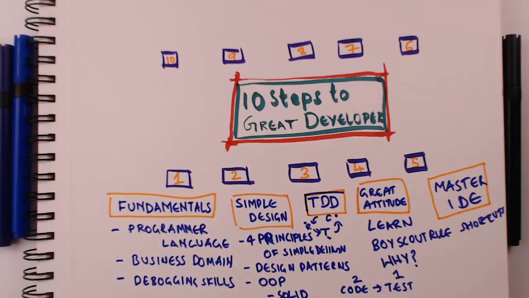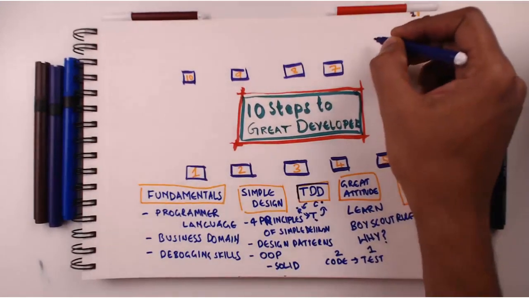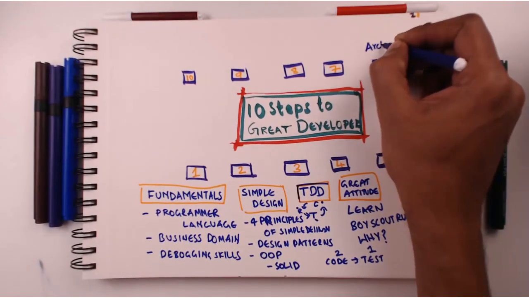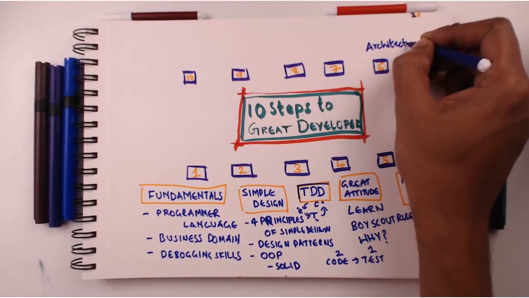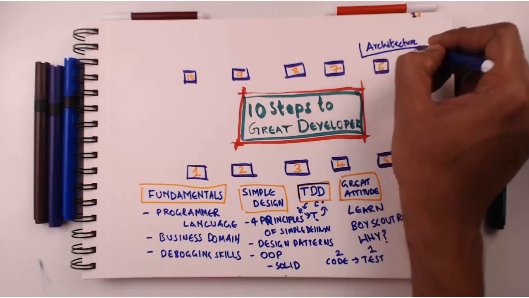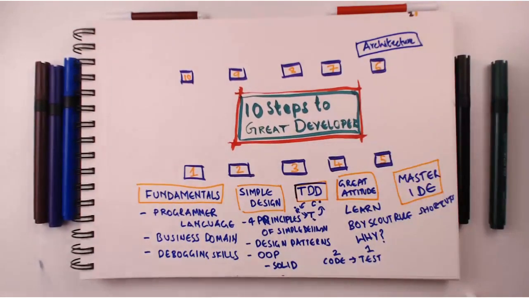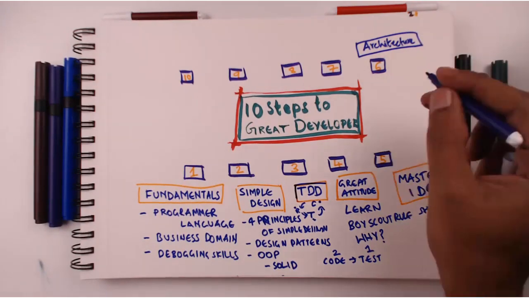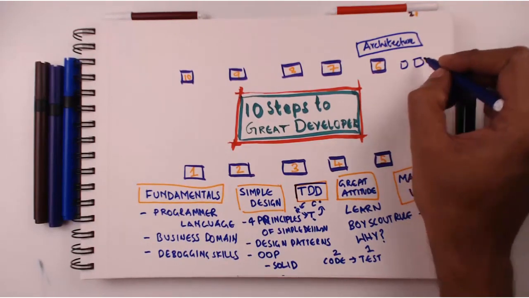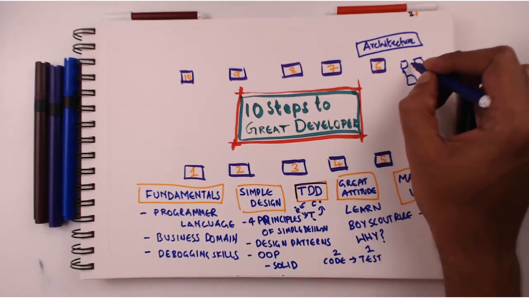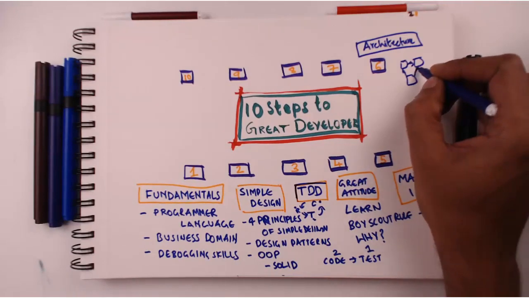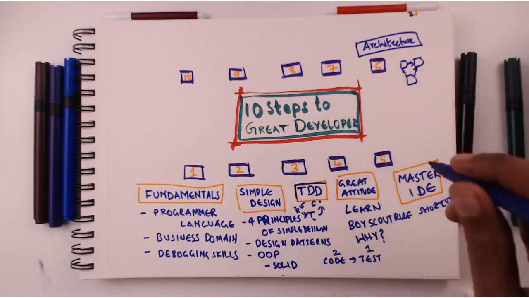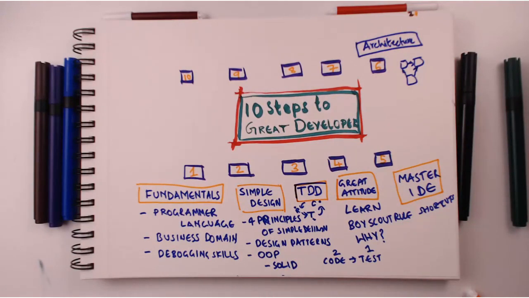The sixth thing I would be talking about is architecture. You need to understand the architecture of the application and the surrounding applications. So your application might be part of a big enterprise, right? So in the enterprise, your application is not the only one which is running. So you need to understand the big picture architecture of how things are working. It's not sufficient if you understand your application. You need to understand what's the data coming in, what's the data coming out, what other applications are present in your enterprise, and where is your enterprise architecture heading. So that's very, very important.